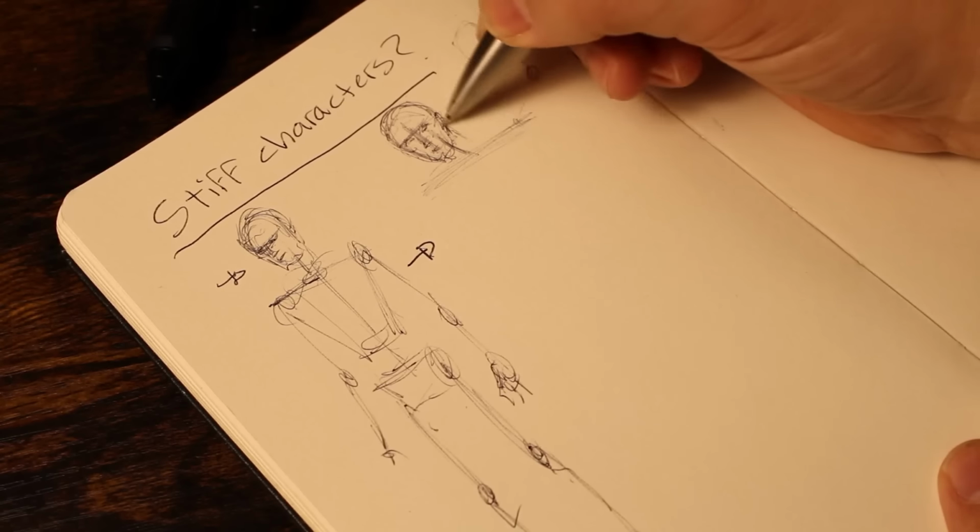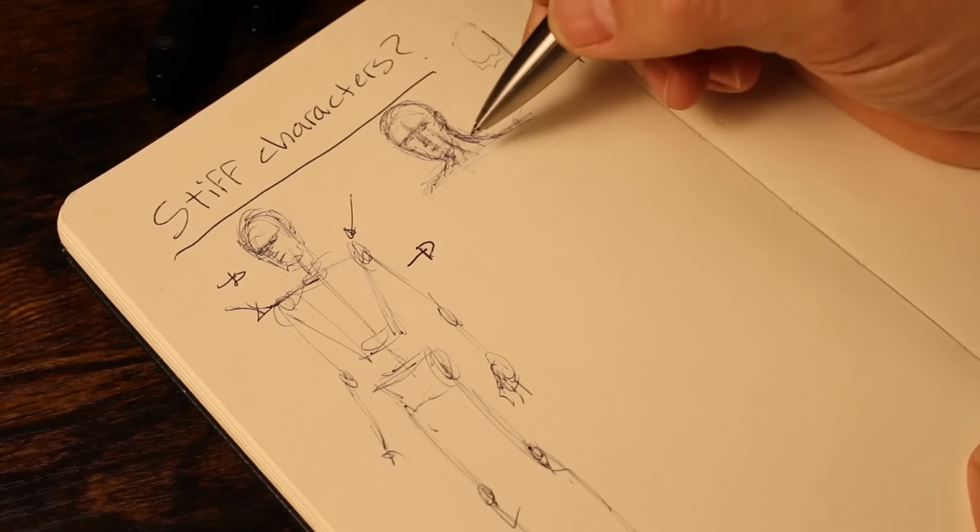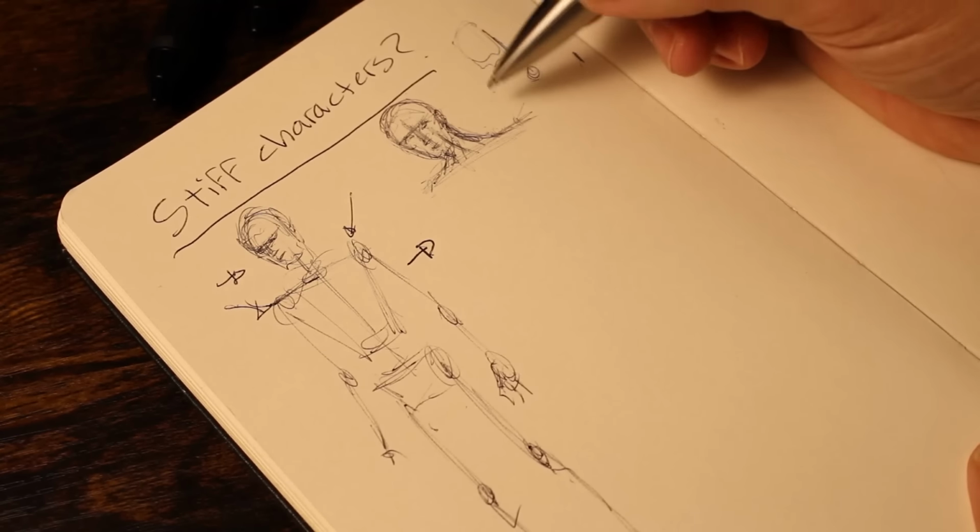Okay, so we have that head tilted slightly forward. And let's say your anatomy, the knowledge of your muscle groups and your skeletal system and everything, is actually pretty good. But it's the stiffness that you can't get rid of. Well, this is going to help with one. Number two, the shoulders. Usually with stiff characters in portfolios, it looks like the person is not resting the